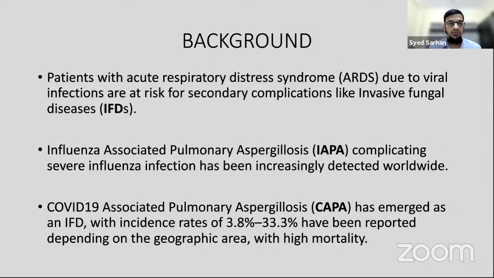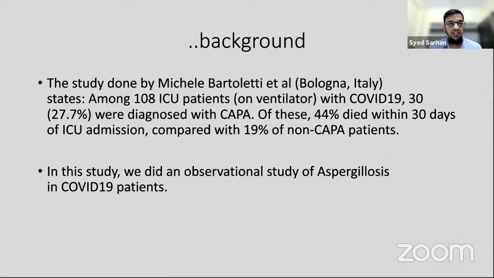To give you a background, patients with ARDS due to viral infections are at risk for secondary complications like invasive fungal diseases, of which influenza and COVID-19 are popular. In COVID-19, the incidence rate is 3 to 33%, and it depends upon geographic area, and it has a high mortality rate. The study done by Michele Bartoletti from Bologna, Italy, states among 108 ICU patients